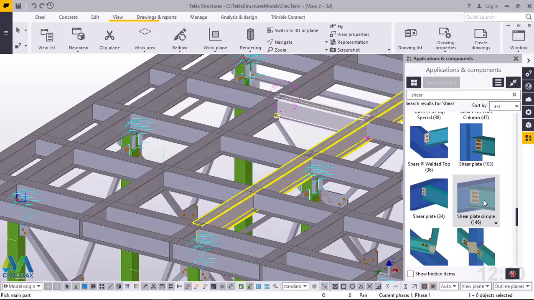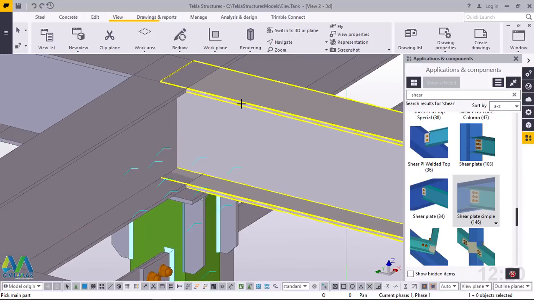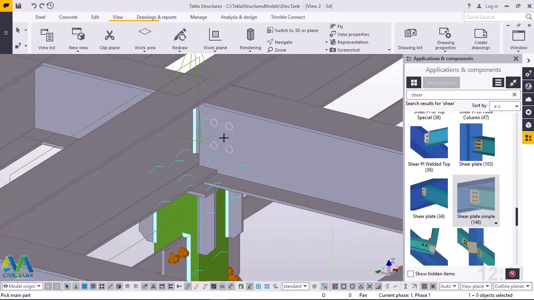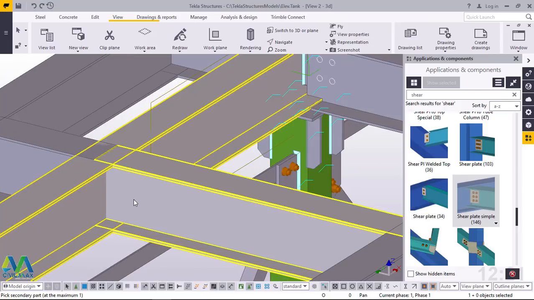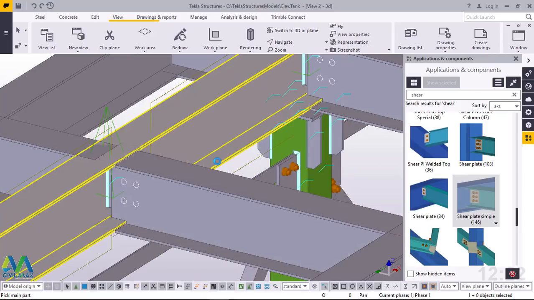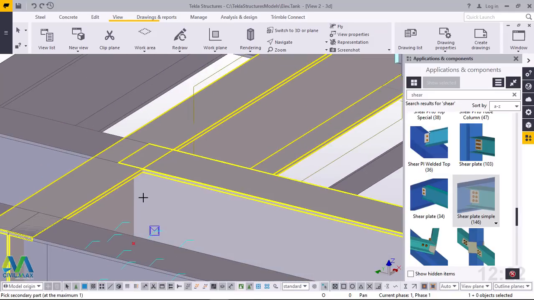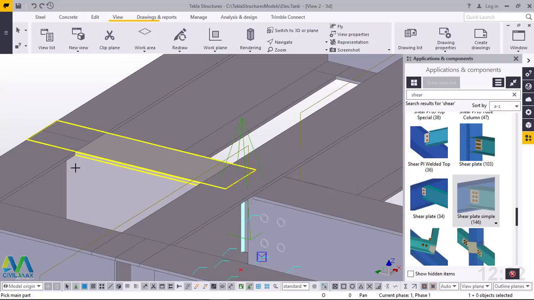We want to just pick 196, and we want to start connecting all these beams. I'll snap here and snap right there, and we'll create a connection right there. That is the connection. We'll just continue doing that, and we'll connect this one and this one. We'll connect this one and this one, and also we'll connect this and that,